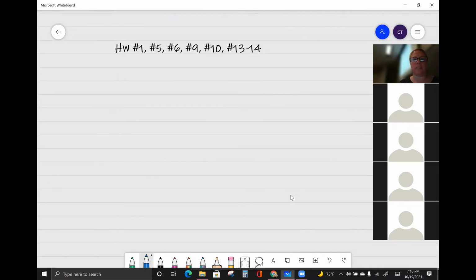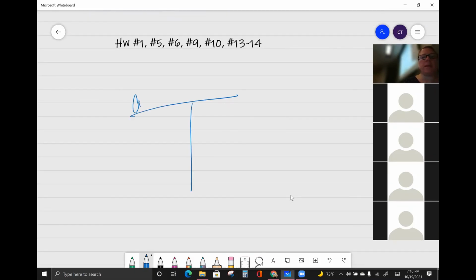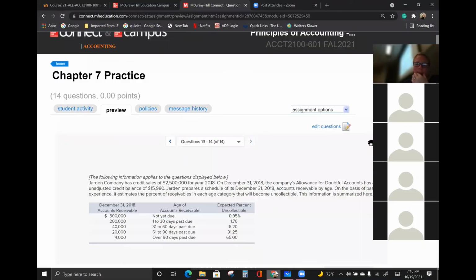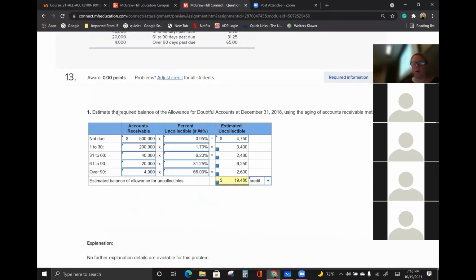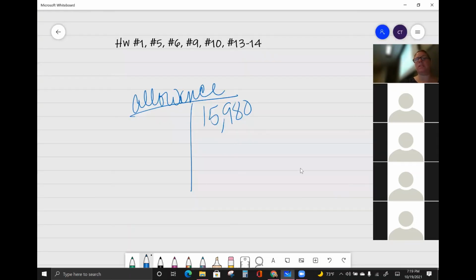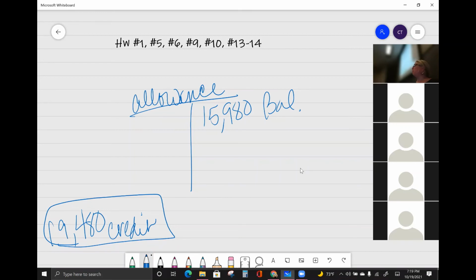So let's go here for a second. So here's my allowance. It said 15,980, I think, right? That's my credit balance. When I calculate all my percentages for each age group, I come up with 19,480. So this is my balance right now. I want a balance of 19,480 as a credit, because this is what I want on the books going into the next year to have as an allowance,